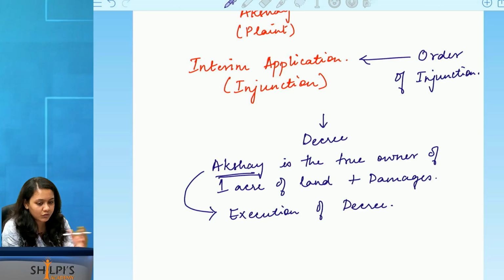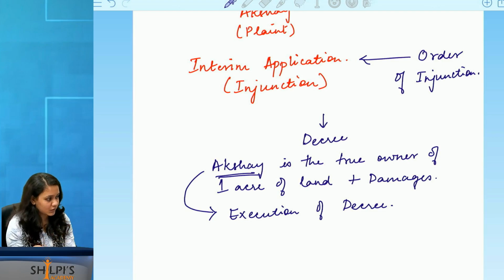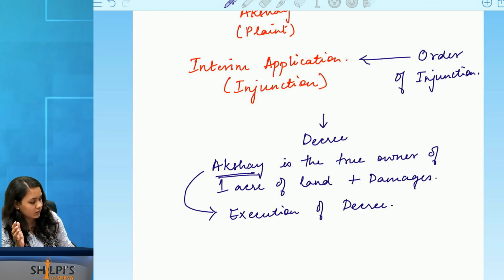They may say that you have to pay so much money to Akshay. What if the money amounts to 1 or 2 lakh rupees? I'm just saying as an example. It can be as low as 10,000, 20,000. It can be a much higher amount also. Now he has to transfer that money, right? And the court has to oversee the actual transfer of that money. And this is what execution of a decree does. So whether it's immovable property, movable goods, any other cause of action, the court will end up overseeing the process. And then finally, they will give the final decree.